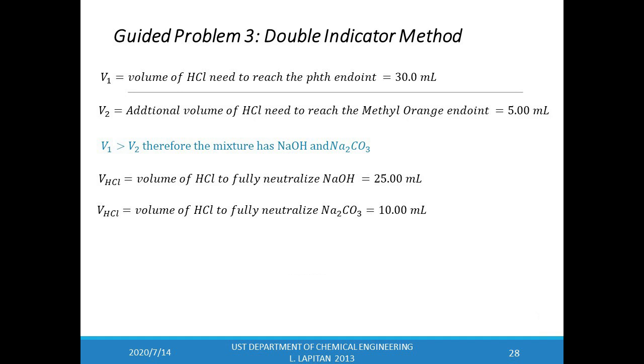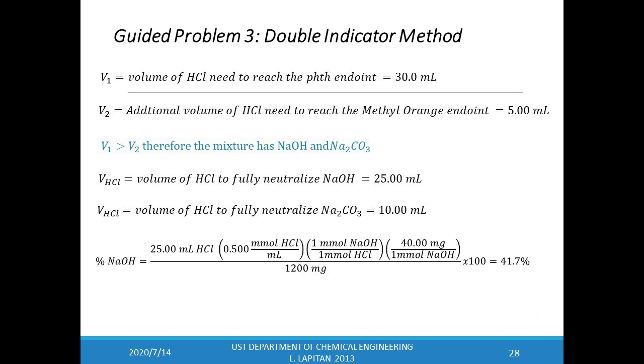After calculating these volumes, we can now use simple stoichiometry to relate the volume of the acid, or HCl, to the mass of sodium hydroxide in the sample as shown in the numerator of this equation. Now, dividing this by the weight of the sample and multiplying it with 100 gives us a percent weight of sodium hydroxide in the sample to be